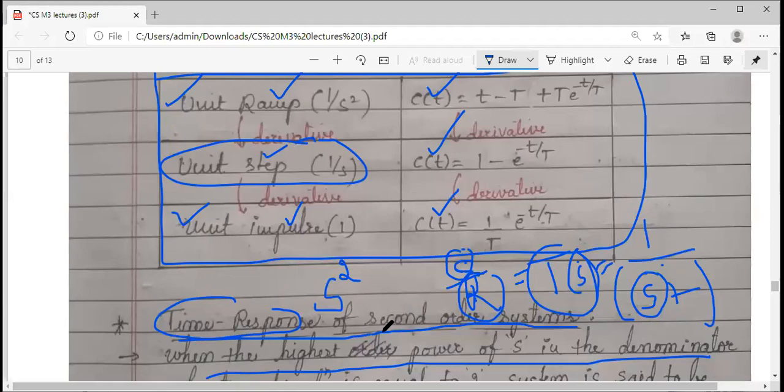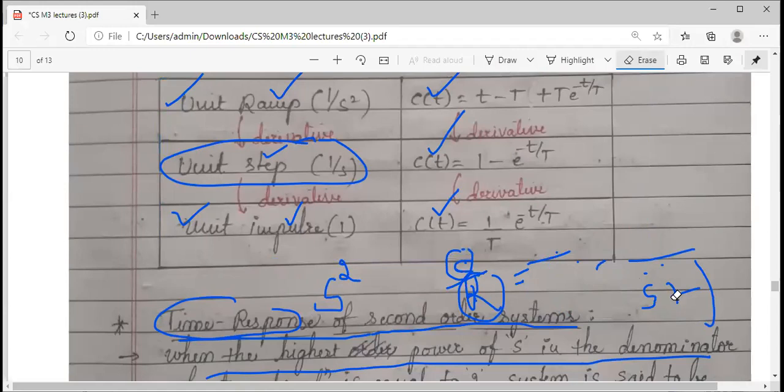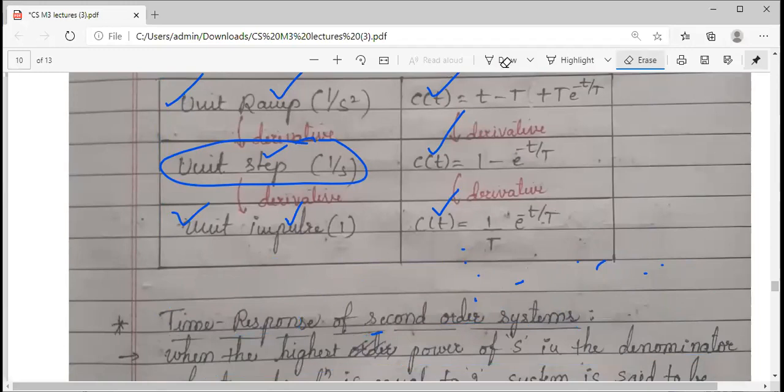However, we want to have some clarification regarding damping. Have you heard this word, dampers? Generally, I think in mechanics you might have studied about this damping element. So can we just have a discussion on that? Because it is very important in the case of second order systems: when I want the time response, this damping factor plays a very important role.